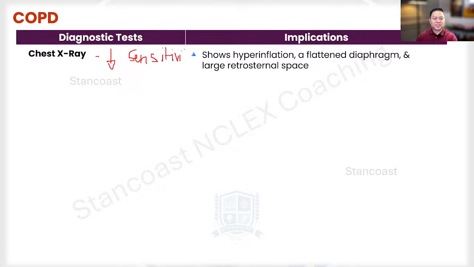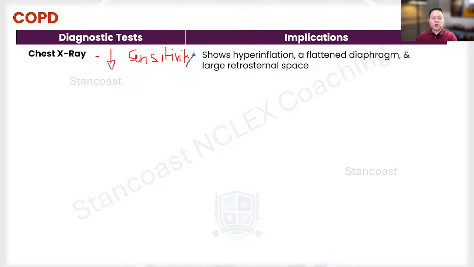Now, again, I'm going to ask you, what is the definitive test to determine if the patient has COPD? What is that? I'm asking you right now. Let me see if you can answer through the chat box. What is that definitive test that you should look at for this patient? Well, again, those are the pulmonary function tests, the PFTs. All right. So the chest X-ray is considered the secondary diagnostic test.